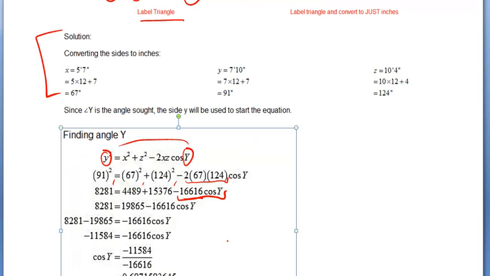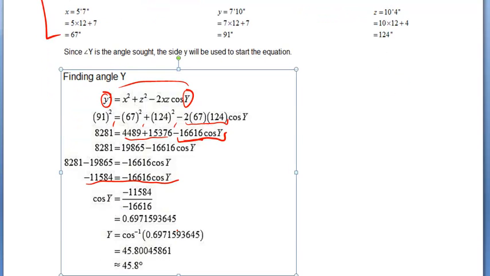So when you're combining them, 81 stays there. These stay together, alright? You can add those two together, but you can't subtract that because it's stuck to the cos y. So I add those two together, I get 198 minus this. I'm going to take the 198.65 and subtract it. I'm left with this. Now I want y on its own, so I'm going to divide both sides by negative